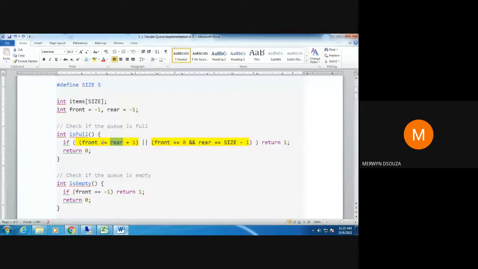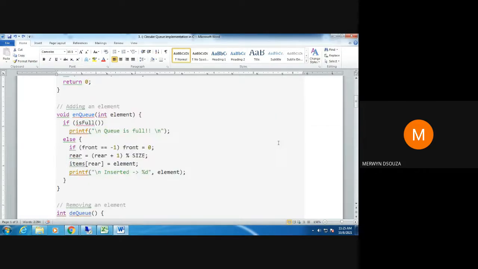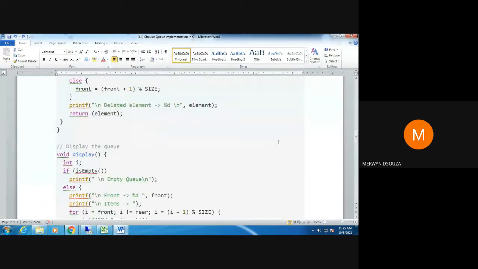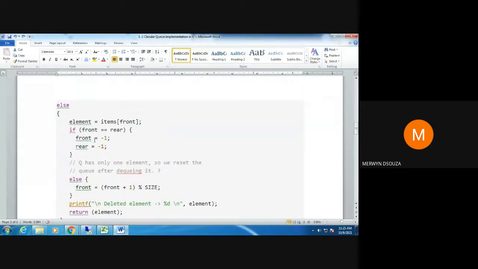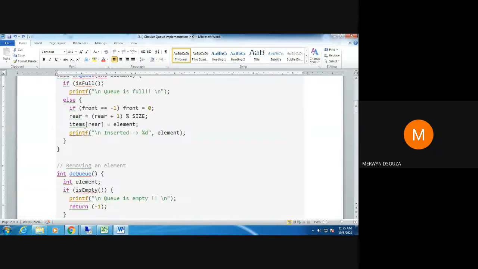Is this condition true? Yes, this part is true. The value of front is 1, and the value of this, 0 plus 1, is also equal to 1. So this part is true. That means your queue is full. If your queue is full, you have to return the value as 1 to the enqueue function.